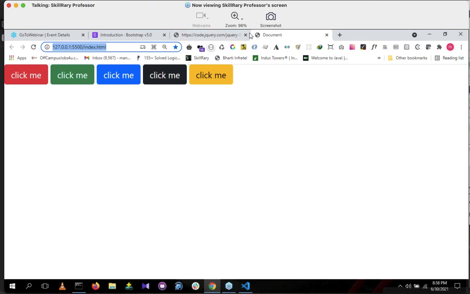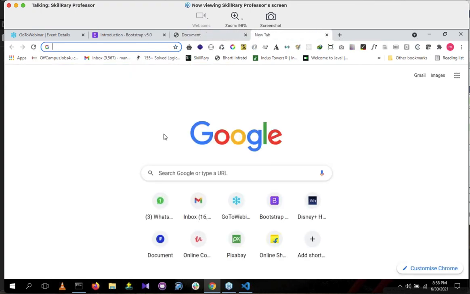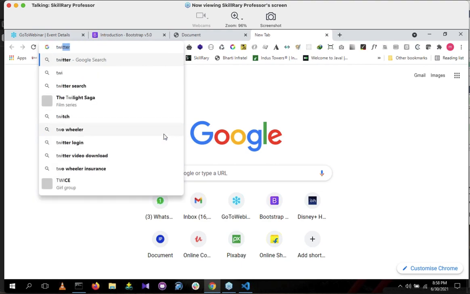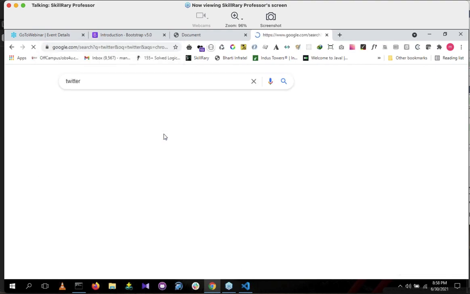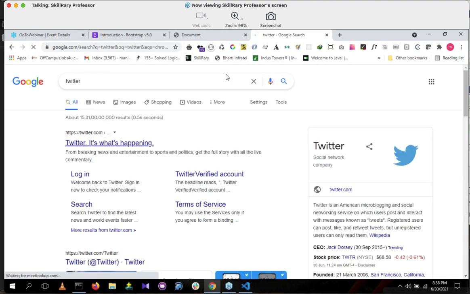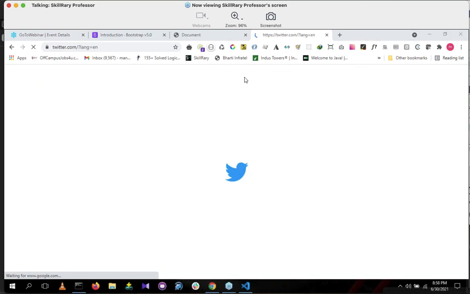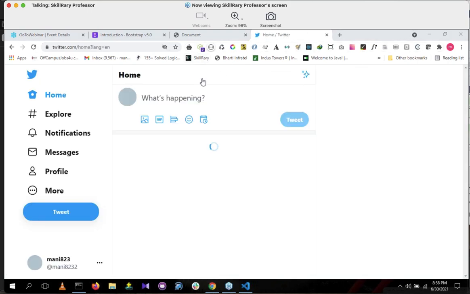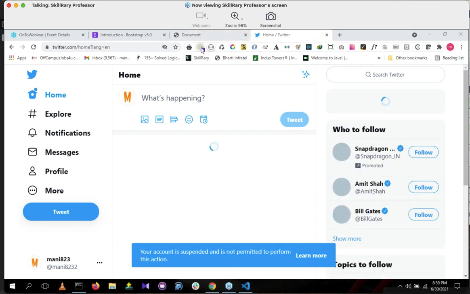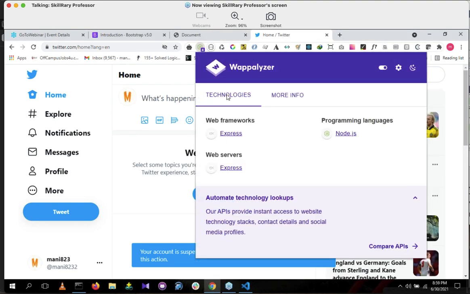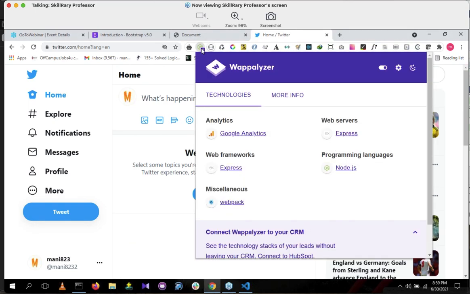For a real time example of a website, go to this website called Twitter. I don't know whether Twitter is using it or not. Let me check. They are using Express.js, Node.js. They are not mentioning it. Okay, fine. Let it be.